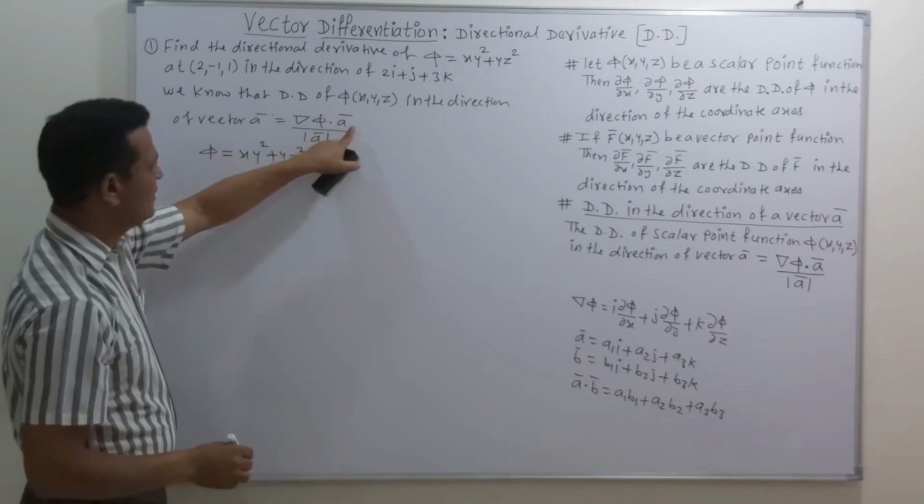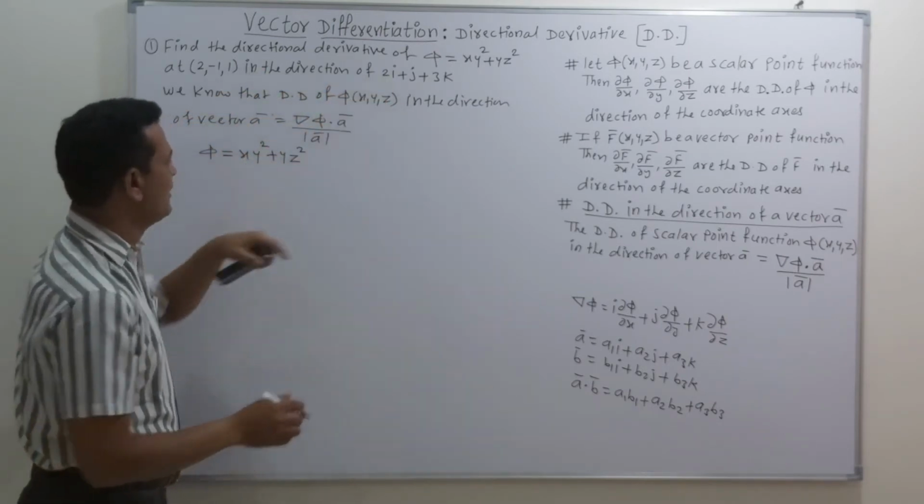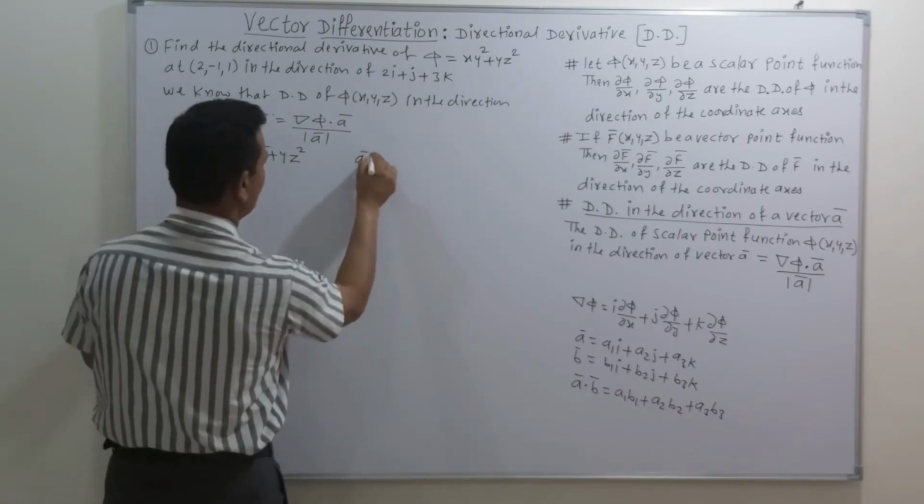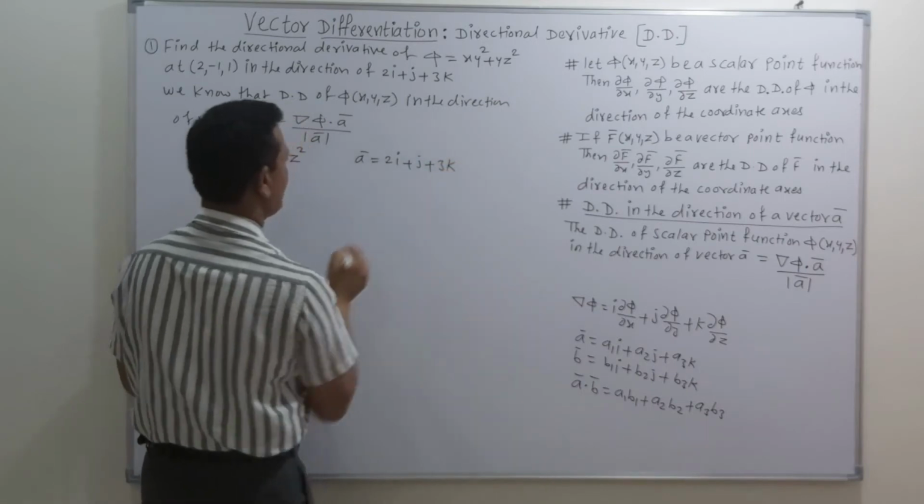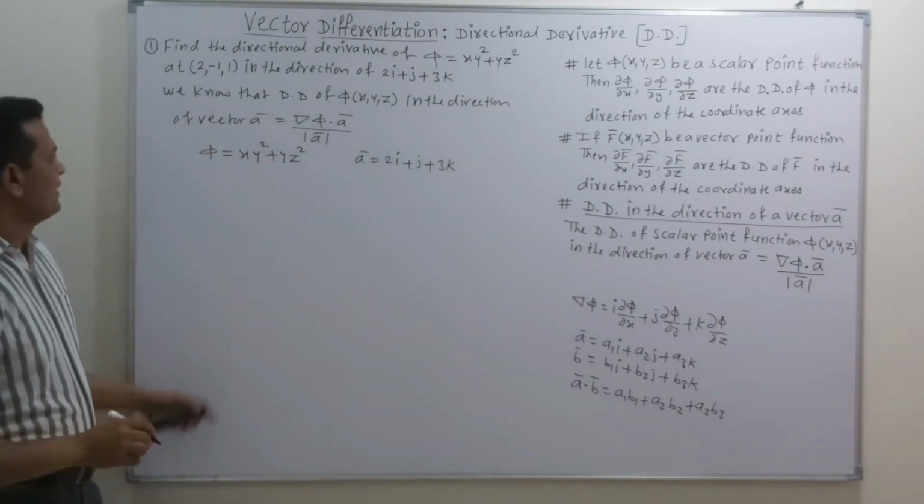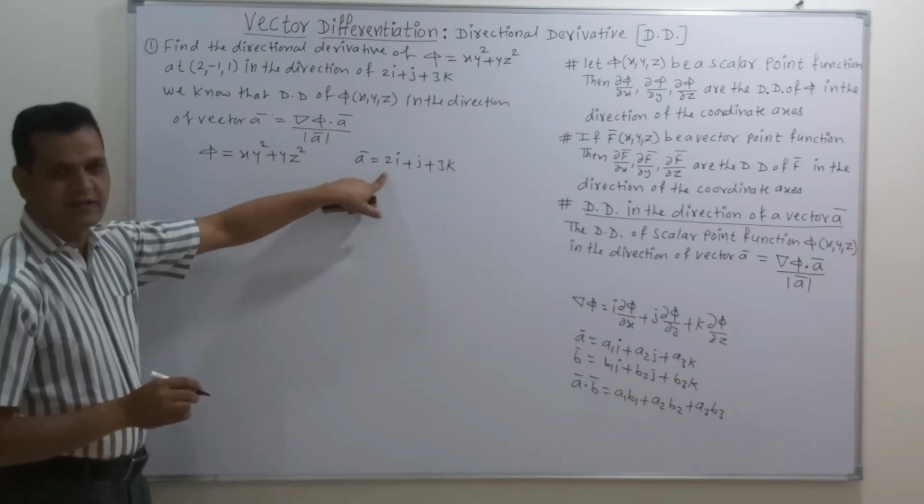Now find the value of a. This a denotes the direction of the vector, so the value of a is given as 2i plus j plus 3k. So this is the value of vector a. Now friends, to find the directional derivative in the direction of vector a bar, which is defined